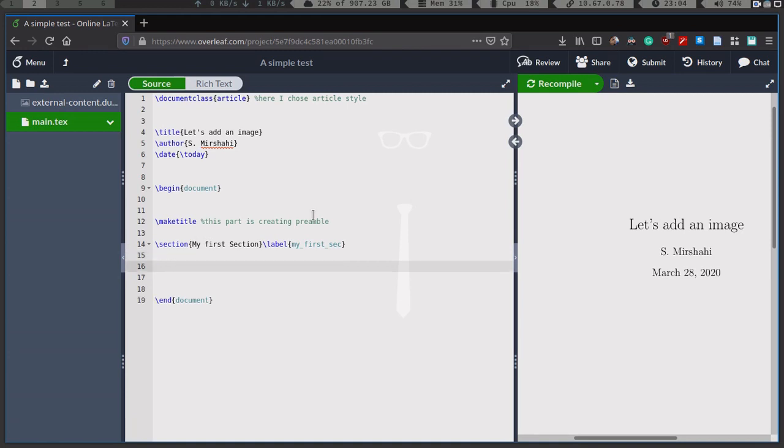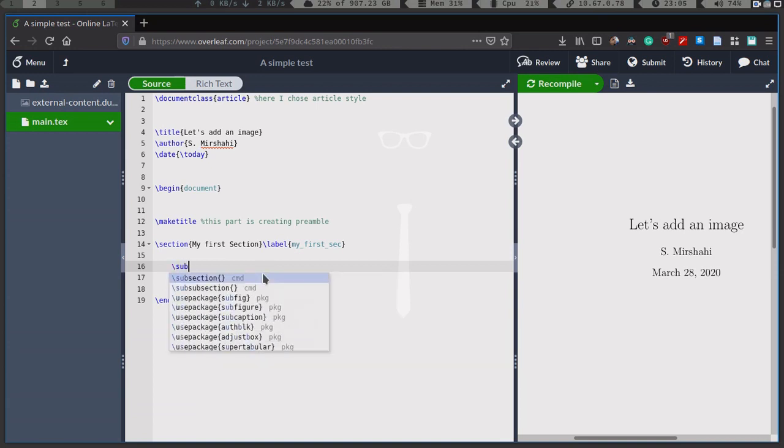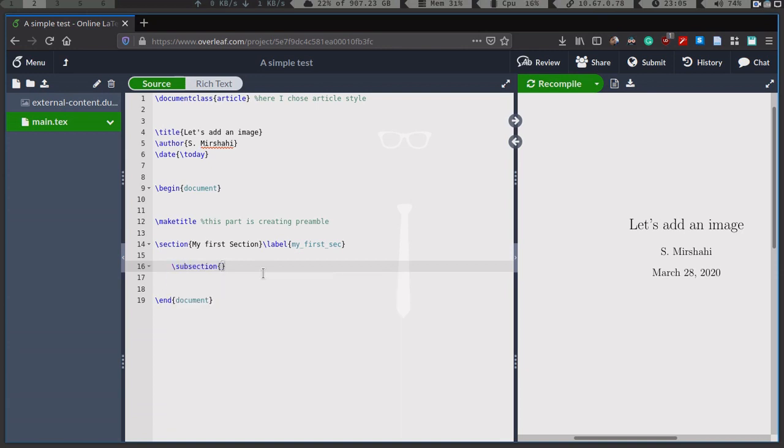Then I want to put some subsections. I already talked about this in my video on how to write good code, which even applies here: indent the subsection of a section, no matter if it's a loop in programming, an if section, or just some part of a LaTeX document. So, just for the sake of more readability, I put a subsection with the subsection keyword, and I name it